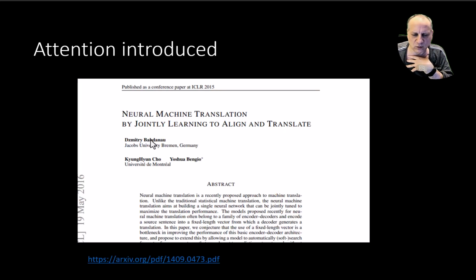There are certain words in the sentence that are relevant for this translation, and we need to pay attention to those words. And so this came up with this idea of attention in